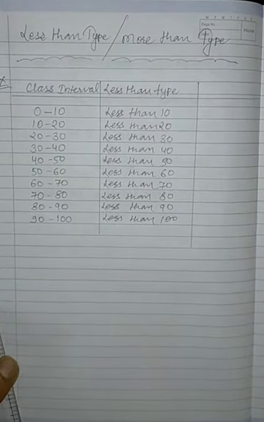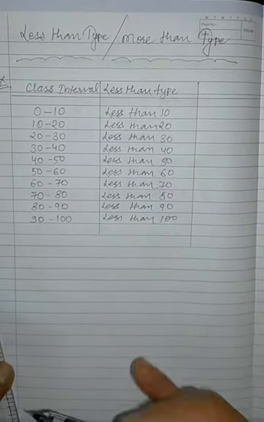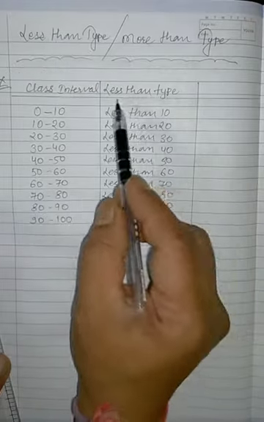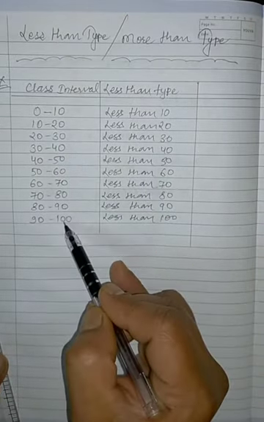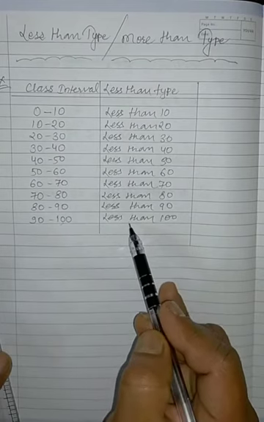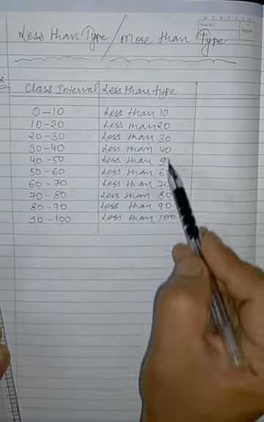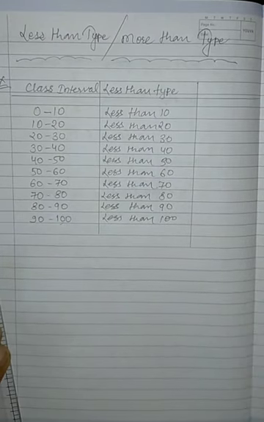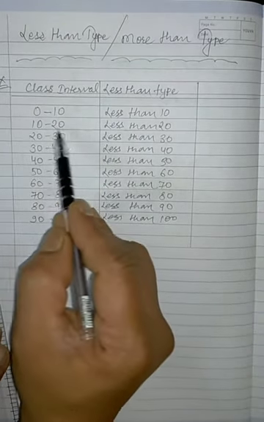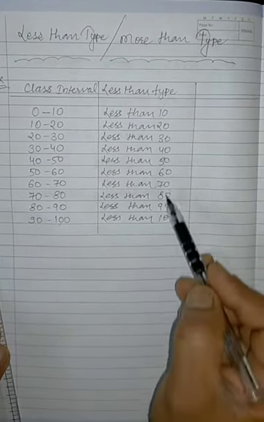Okay, so this is the way of writing class intervals in terms of less than type. For writing less than type, we take the upper limits, then we write this in terms of less than, keeping in mind that the width or the height of the class should be the same. It should not change. As the class intervals have a width of 10 throughout, the same width will come here.